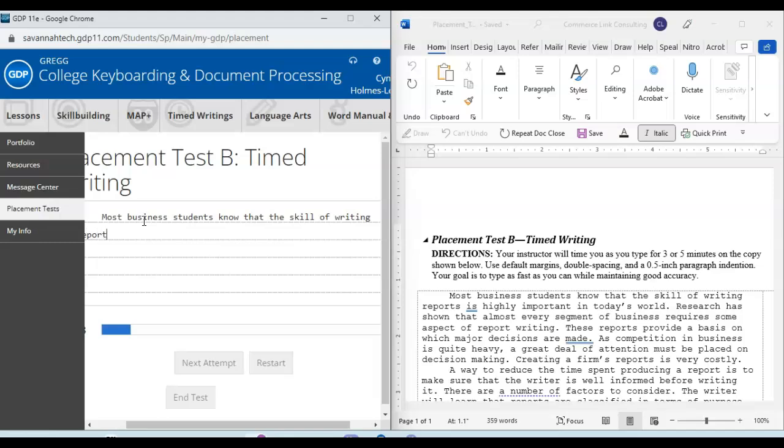And I'm not hitting enter. I am actually just typing in today's world. Researchers have shown that almost